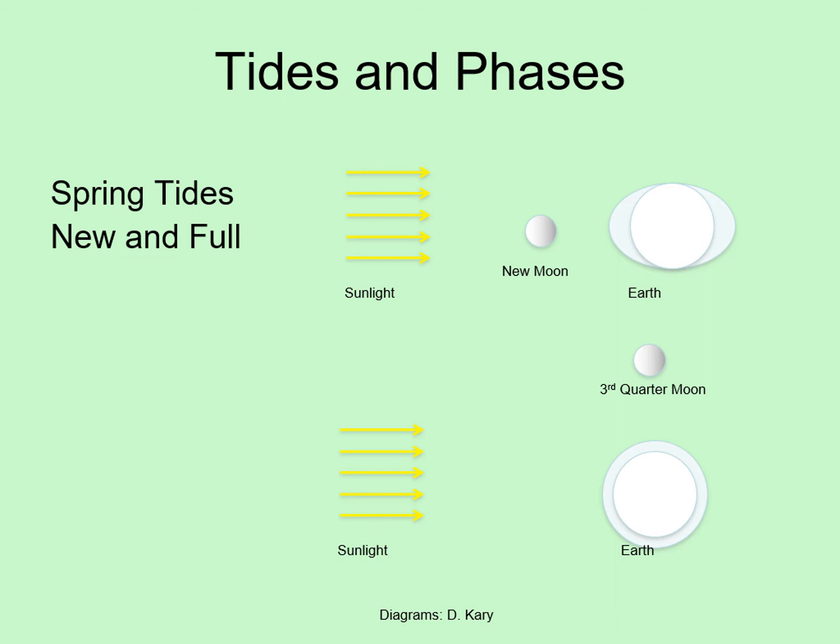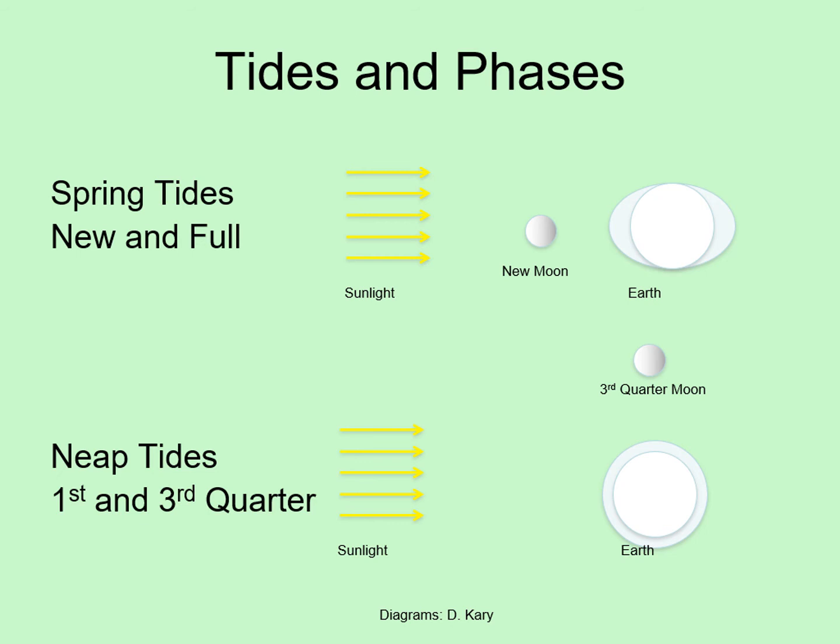The sun is still trying to produce high tides on the right and left sides. Here the moon's high tides are in one place and the sun's are 90 degrees away from them. So the two are working against each other and we have a neap tide. The difference between high and low tides isn't as dramatic here as in the case of spring tide. The first quarter moon diagram will look the same as this, except that the moon will appear below the Earth